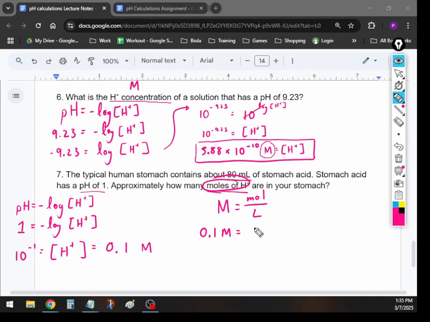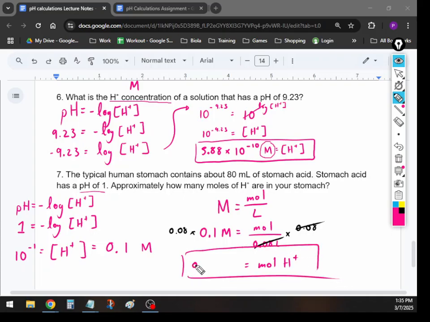equals, we are looking for moles divided by the liters, which comes from 80 milliliters. We divide that by 1,000. That's 0.08 liters. So to solve, very simple, just multiply both sides by 0.08. These cancel out. And so we finally get moles if you punch that into your calculator, and we are done after that. Okay, it'll be 0.008 moles of H+. So, how do you get to